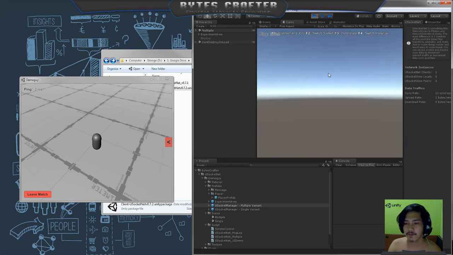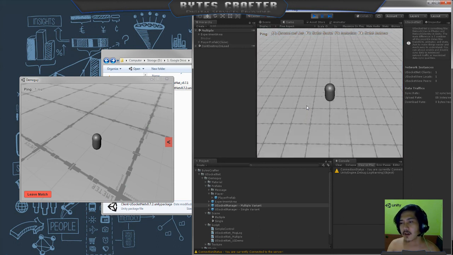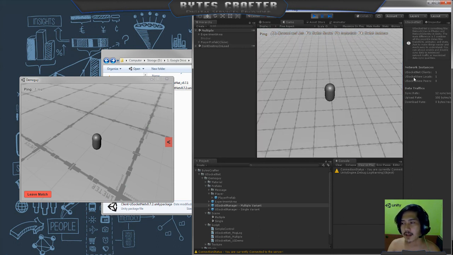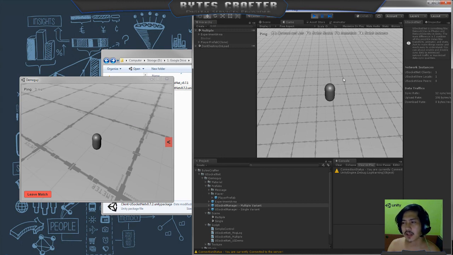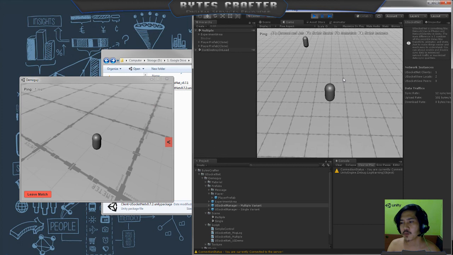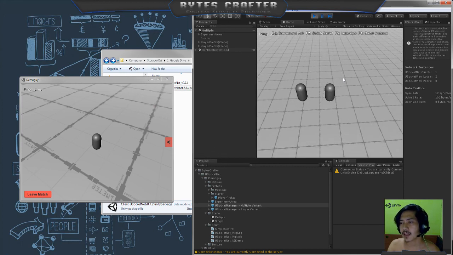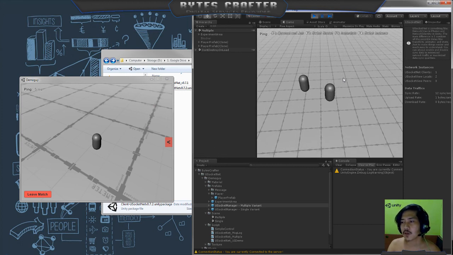Connect. So the player is currently connected. Is this view appearing? And then we can instantiate just by pressing F3. So we have a client connected. So what if I want to instantiate another socket view? So this client has a 2 local. So what if I try to connect another client?